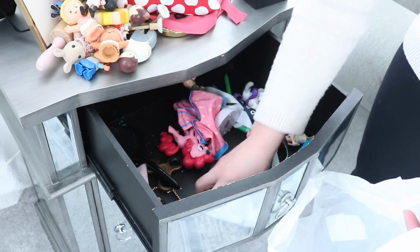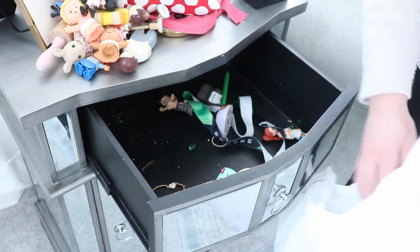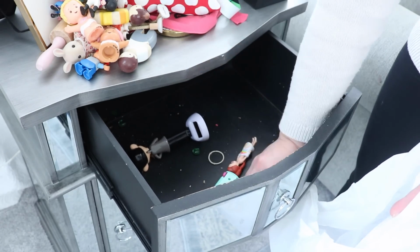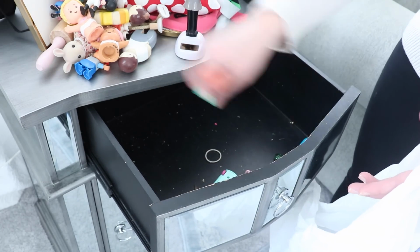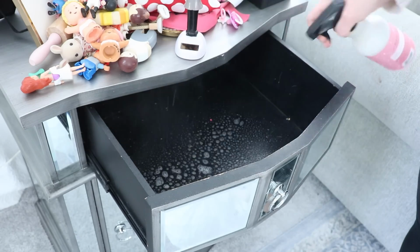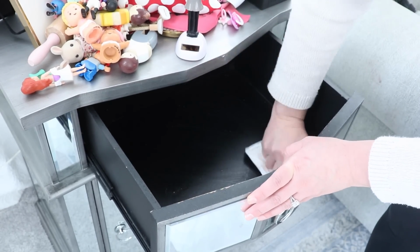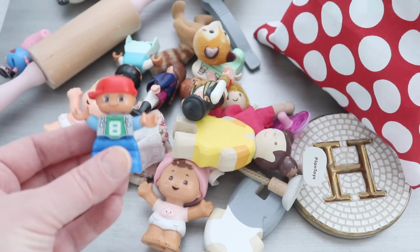So the next thing I'm going to do is make a pile of relocate. I actually have a lot of things, as you can see, up on that little end table that are just in the wrong place and they need to be relocated. The rest is donations. The rest is stuff I noticed my daughter doesn't really play with. And when you separate things into piles like this, first getting rid of the garbage, it makes it really easy to see what your donations actually are. In just a couple minutes, we collected all of this garbage, these donations,